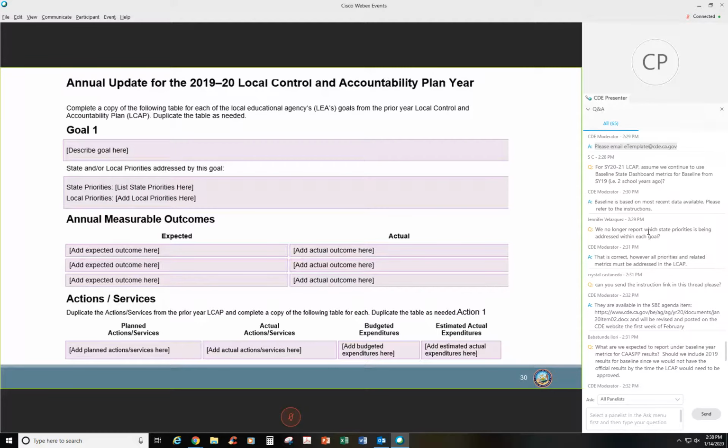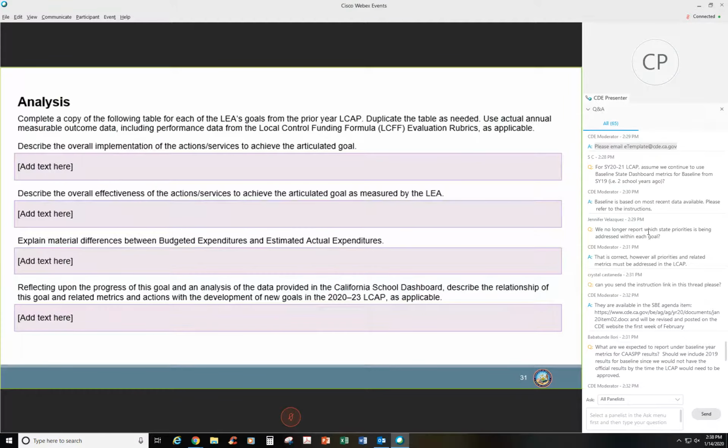The 2019-2020 annual update section is relatively unchanged from the annual update section LEAs have completed for the 2017-2018 LCAP and the 2018-2019 LCAP, as this slide and the next slide show. Please, however, do take note of the final prompt.